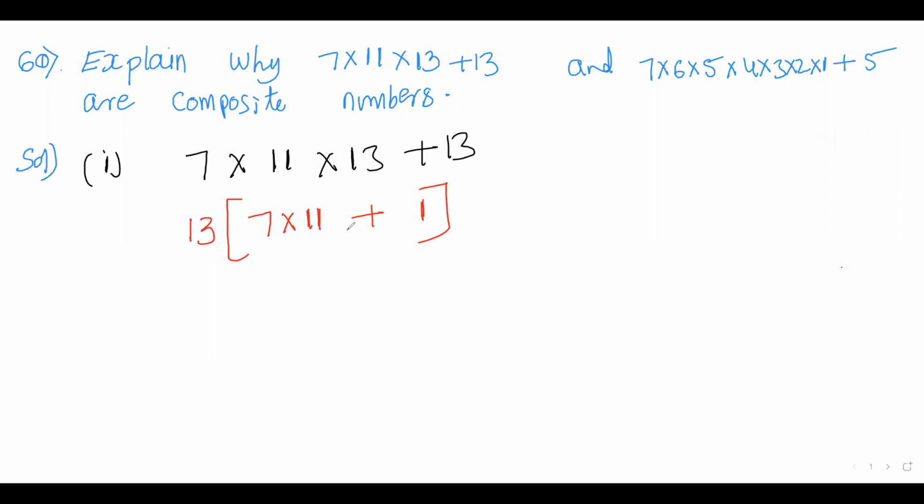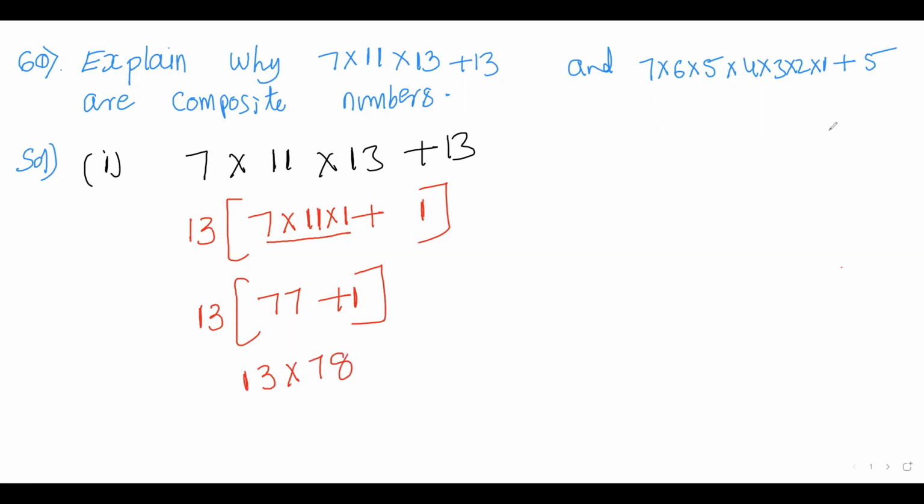Got it? Inside the bracket, if I multiply 7 into 11, I will get 77. 77 plus 1 is nothing but